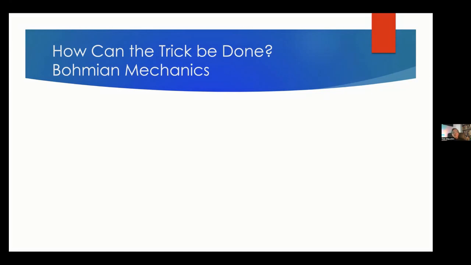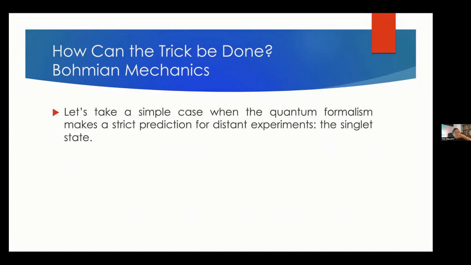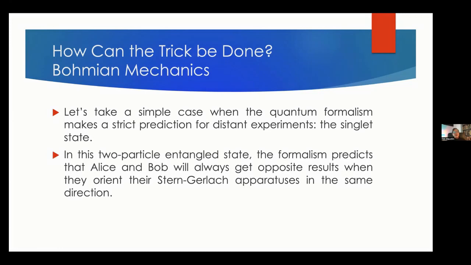About the outcomes of experiments done on these pairs of particles, even when Alice and Bob are arbitrarily far apart. So let's just talk about that. In the singlet state, what are these predictions? Well, if Bob and Alice, the only case I'm going to talk about now, though there are more interesting ones, set their two Stern-Gerlach magnets in exactly the same direction, if they both check in the x direction, or if they both check in the z direction, then the predictions of quantum mechanics are very simple. It's that 100% of the time, Alice and Bob will get opposite results.